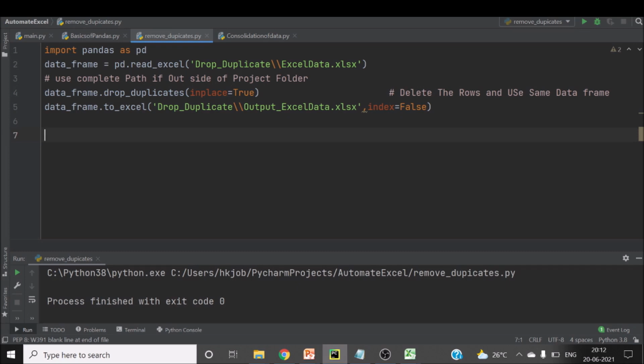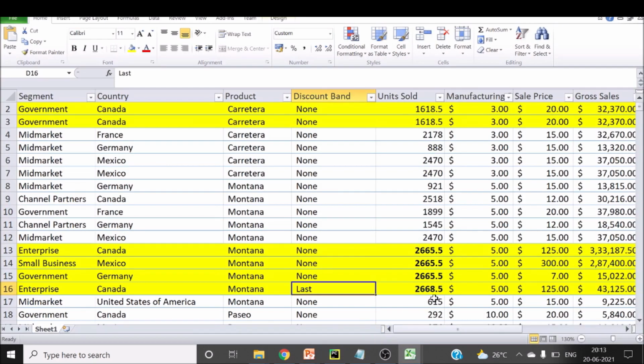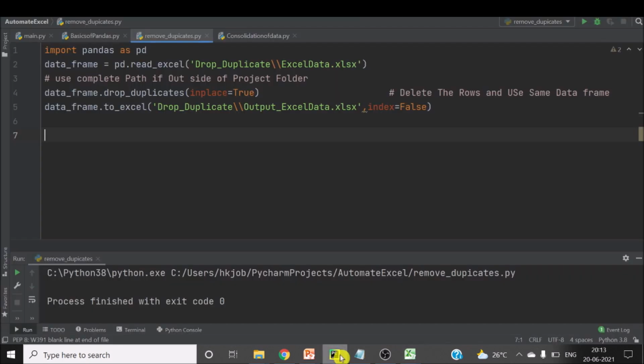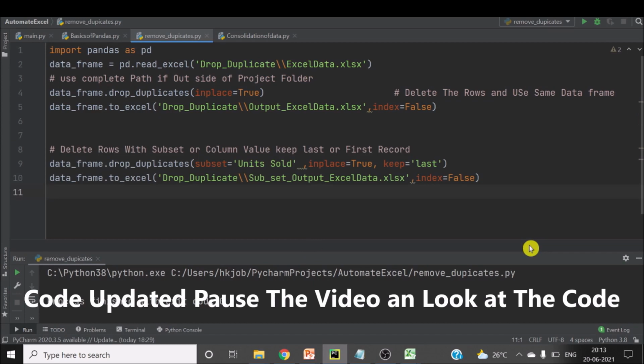Now the next point is how to remove data based on the column values, or you say subset. Okay, so I have added this data, this is the last point, and I just have to change this one here because this is not the same. Now this is the same. Okay, and then the code for that is here in front of you.